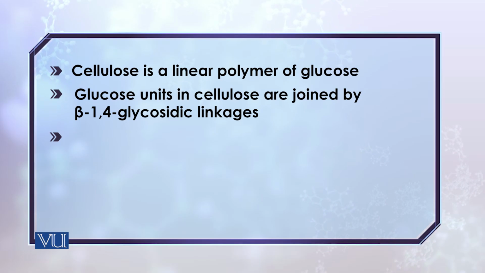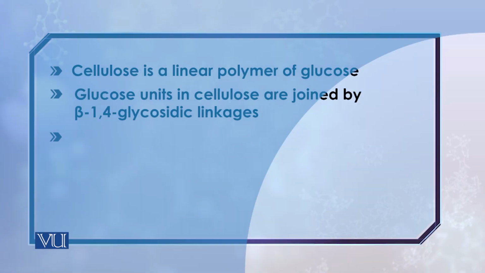Another difference between cellulose, and starch and glycogen is that cellulose is totally linear in shape. There is no branching in the structure of the cellulose molecule, but in starch and glycogen there is branching. That is because of the alpha-1,6 glycosidic linkage. So the cellulose molecule is composed of linear arrays of